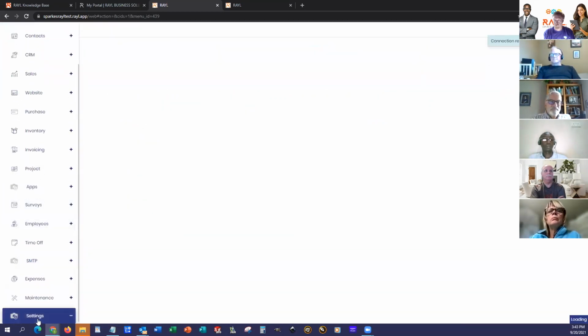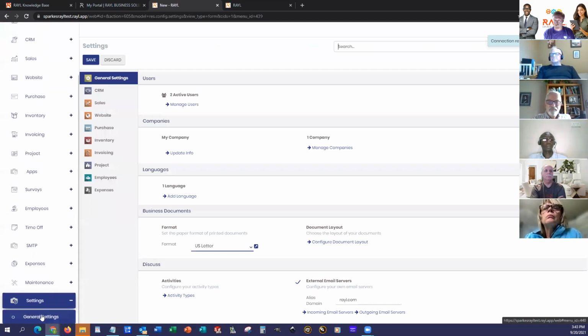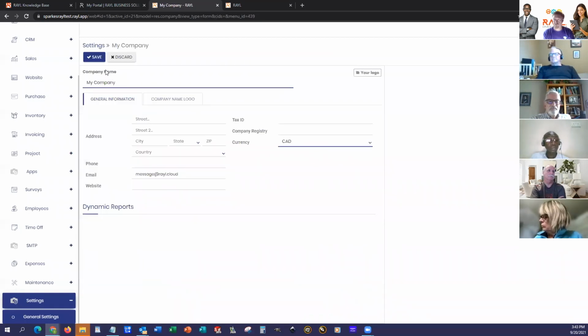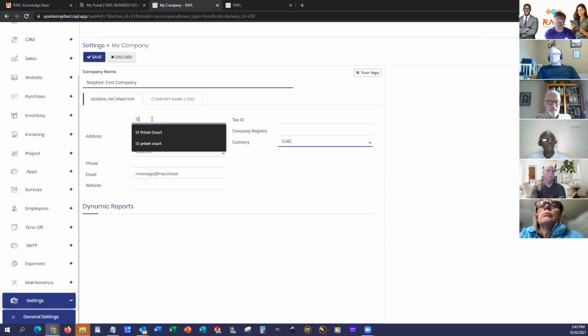and we're going to go down to general, and here we're going to update my company. So here you recognize the term my company. So this is going to be Stephen Test Company, street 12 wherever, city,